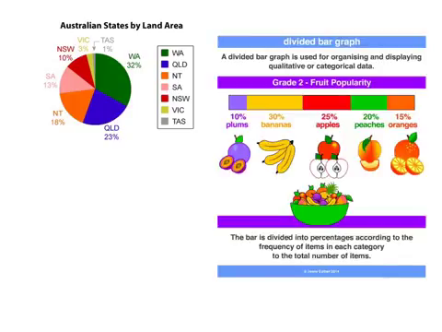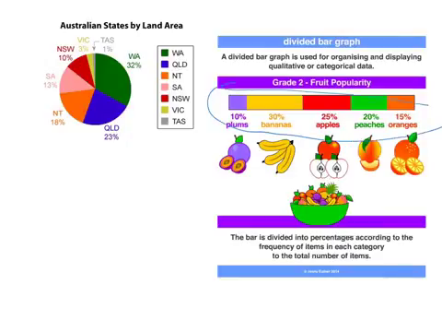So now on your screen, I've shown you a divided bar graph. And as it says there, it's used for organising or displaying information. Yes, that's why we're showing you all of these displays. Dot plots, column graphs, they all display statistical information. But like a sector graph, a divided bar graph shows you the proportion, or if you like, the percentage or the fraction that each category represents. So on the divided bar graph that we have over here,